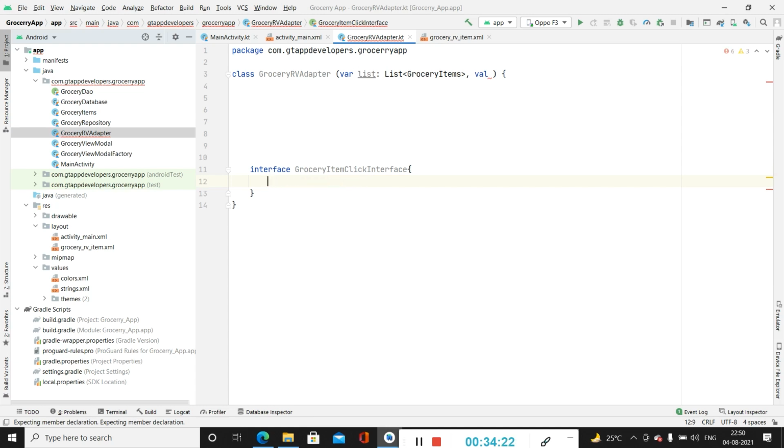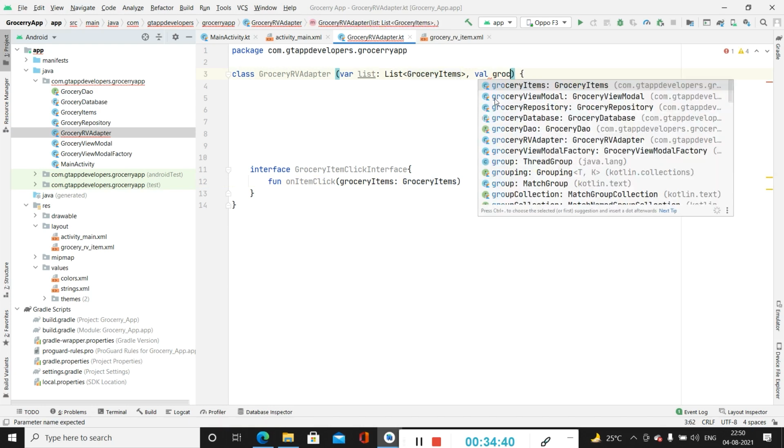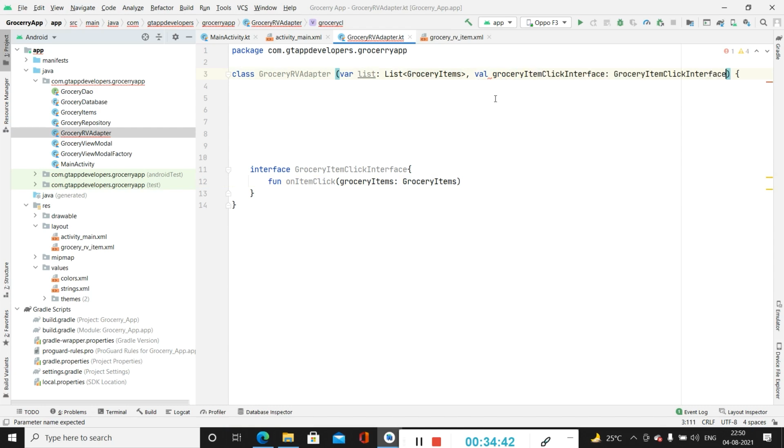We will be passing it as a function, on item click, that is grocery item. Now we will be calling this grocery click interface here. So we will be creating the variable as grocery click interface.